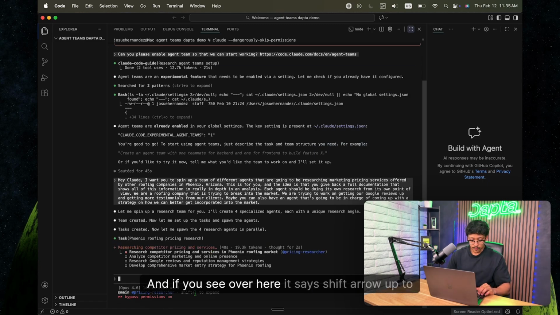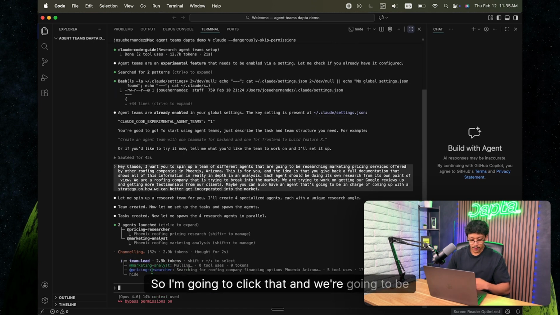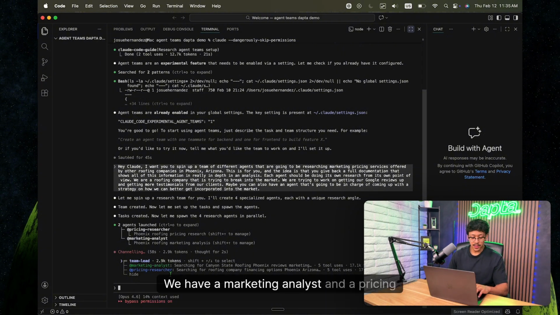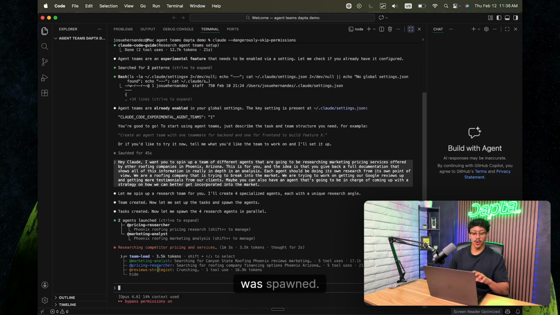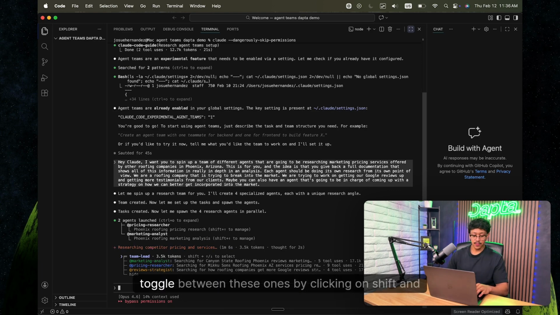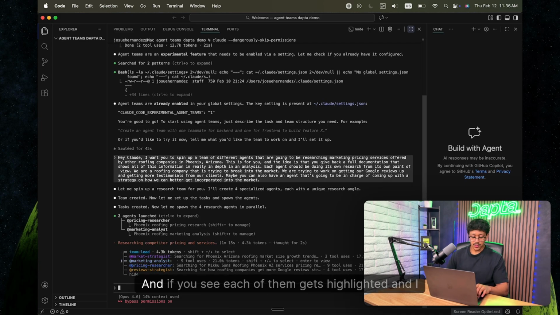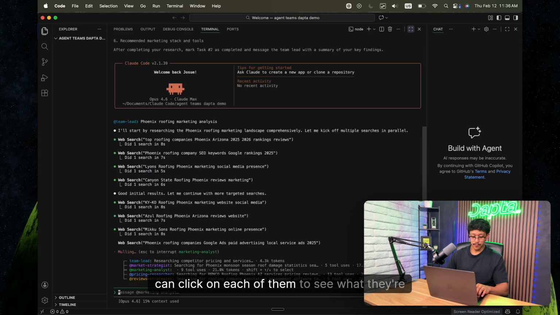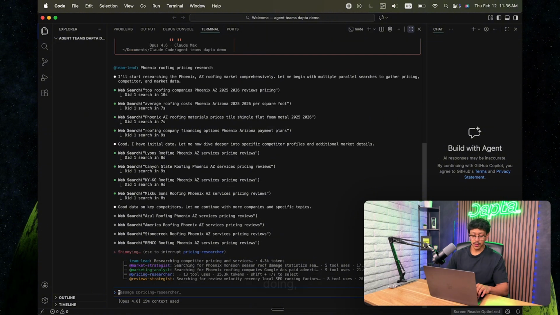And if you see over here, it says shift arrow up to expand. So I'm going to click that, and we're going to be able to see our different agents. Right now we have a team lead, which is the main agent. We have a marketing analyst and a pricing researcher. We just saw that the review strategist was spawned, and I can actually toggle between these by clicking shift and then up or down. And if you see, each of them gets highlighted, and I can click on each of them to see what they're doing. For example, if I want to see what the pricing researcher is doing, I can see all their